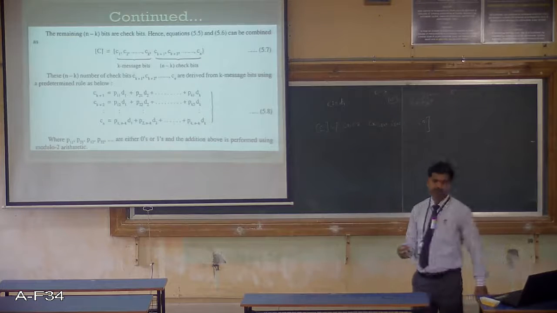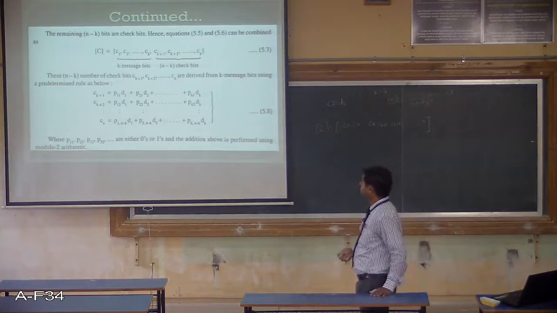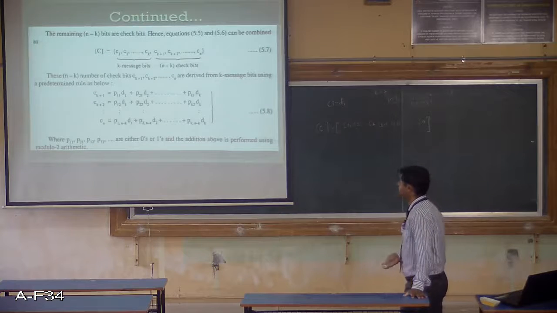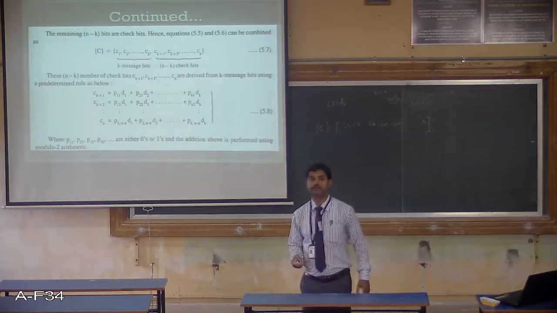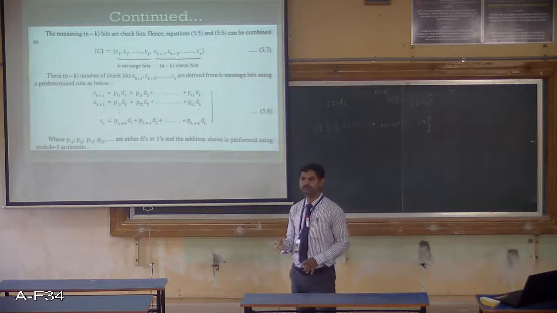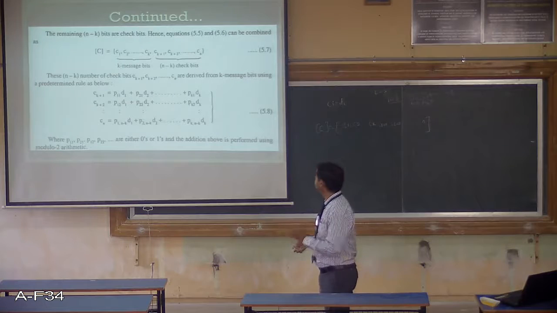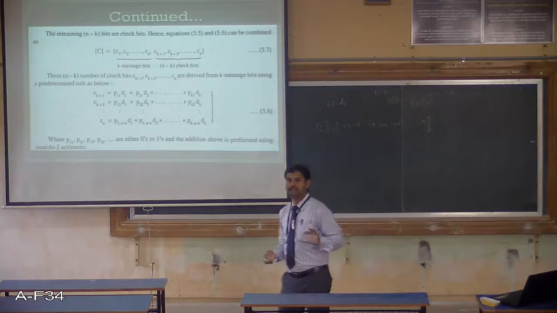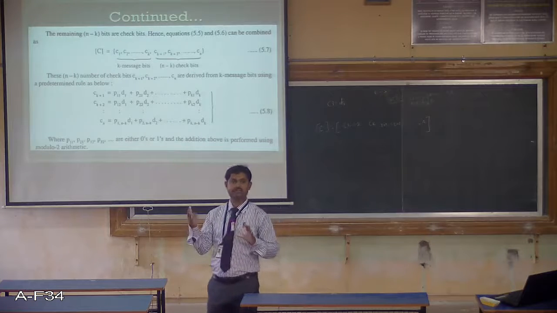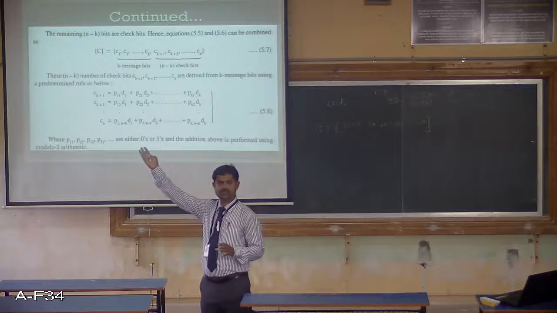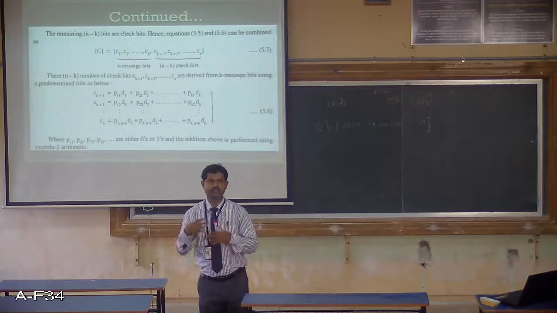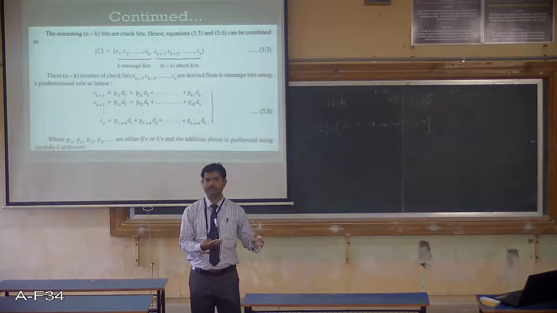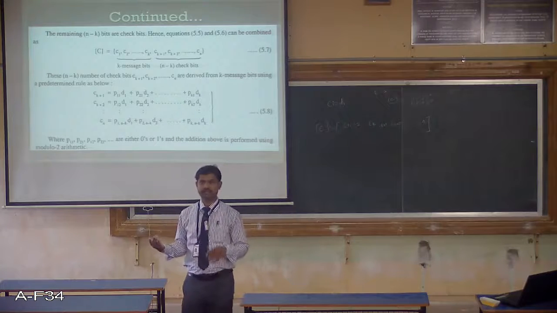Next, the n minus k check bits, that is Ck plus 1, Ck plus 2, and so on up to Cn, you need to define now, right? With certain logic derived from the existing k bits only. The remaining bits are some special bits. The same bits will be used at the receiver side. Some special bits I use at the transmitter side, and the same bits I use at the other side for decoding.